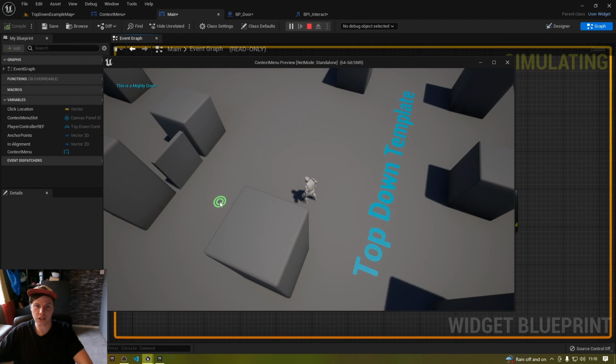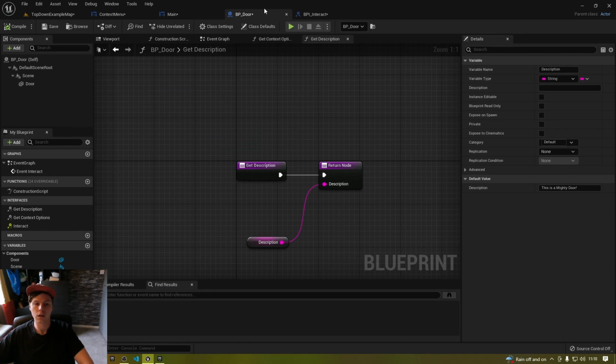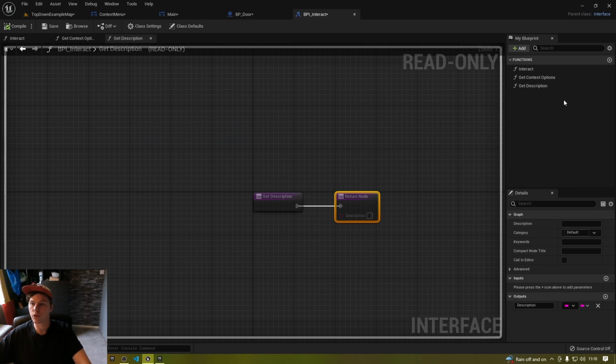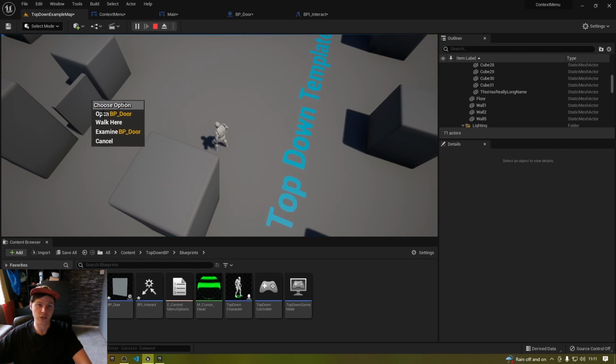So I know what this is. This is a mighty door, but this cube, what's this? We don't know. So essentially what you can do is you can build onto this now. You can add in the name of your object. So you can add in some extra options. So we've got description, we've got the option for the menu. But what you can do is, if we press play,